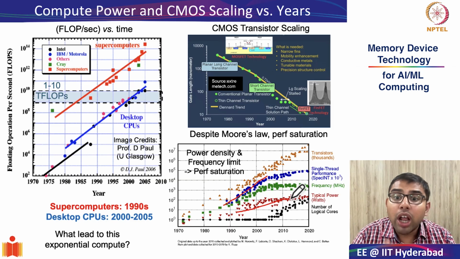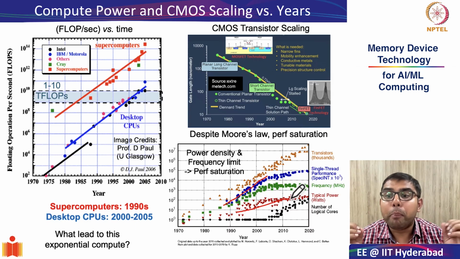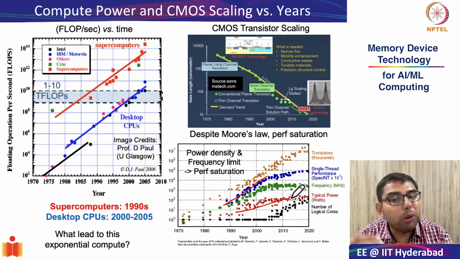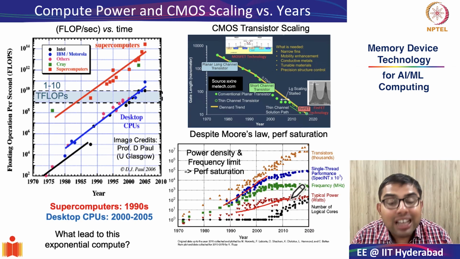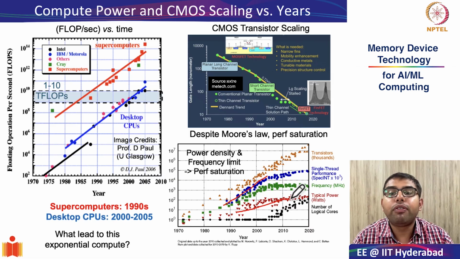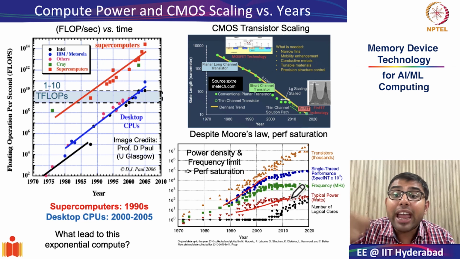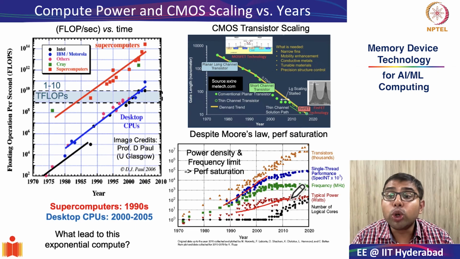Their dynamic power increased with frequency and the static power also increased with smaller dimensions. And Dennard's law of scaling, which is the main principle that shrinking transistors would also reduce their power consumption, completely broke down. Therefore, pushing frequencies further meant that chips started overheating and consuming far too much energy. So, even though transistor count keeps growing in modern day chips, the single core performance has saturated for almost 15 to 20 years. So, what is the way forward?